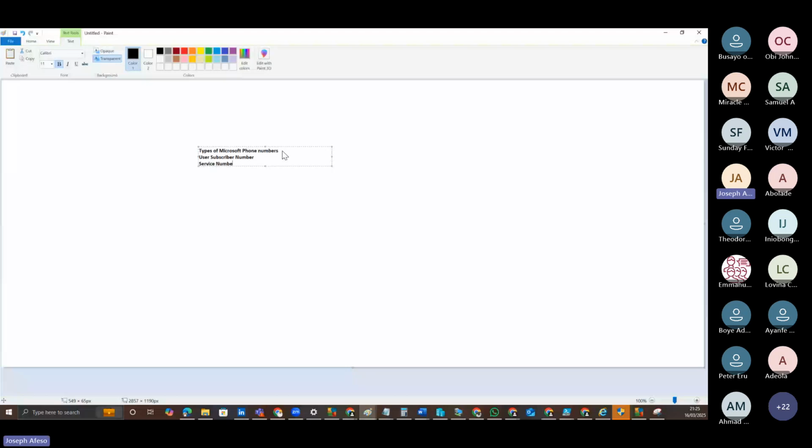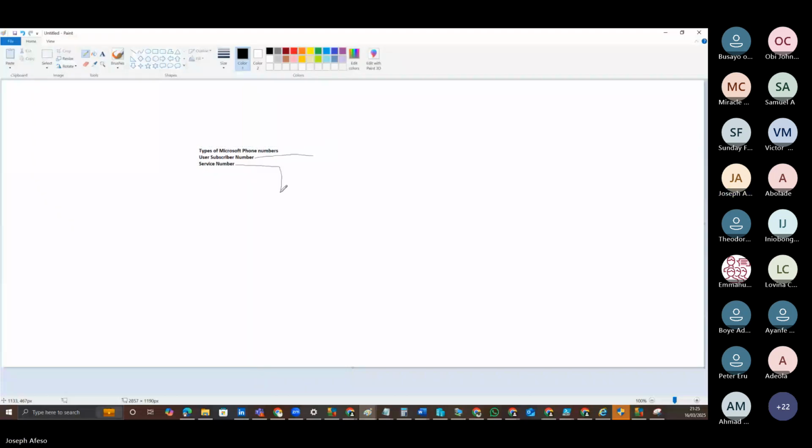So for the user subscriber number, as the name implies, the numbers are assigned to users. Then you have service numbers. Service numbers are used for services. So what are the services that are used? User subscriber number is the number you assign to a user. Fine, no problem. But for service number,